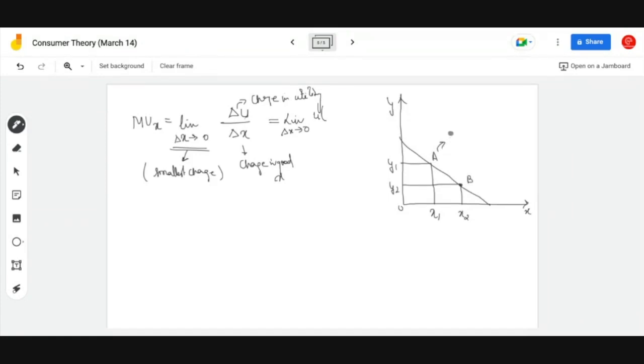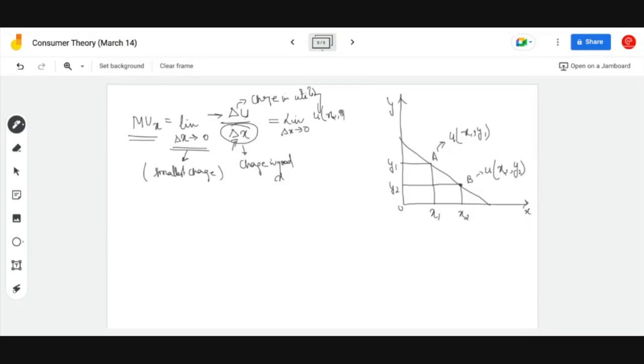This is your U(X1, Y1), and this is U(X2, Y2). Now we are saying that when we are discussing marginal utility of good X, we'll see only the change happening in total utility due to change happening in good X, and we'll keep Y as constant. So what we will do is that